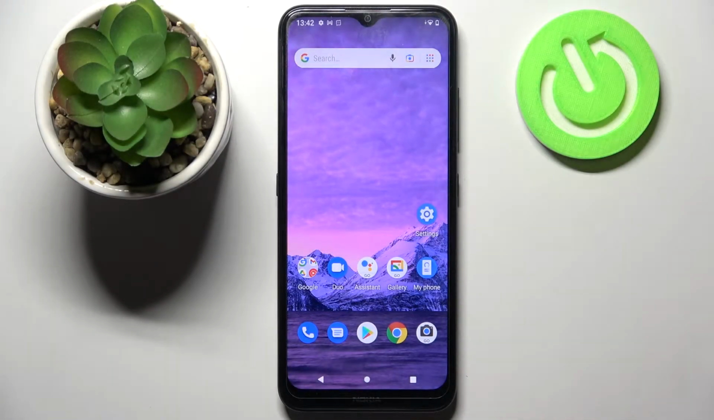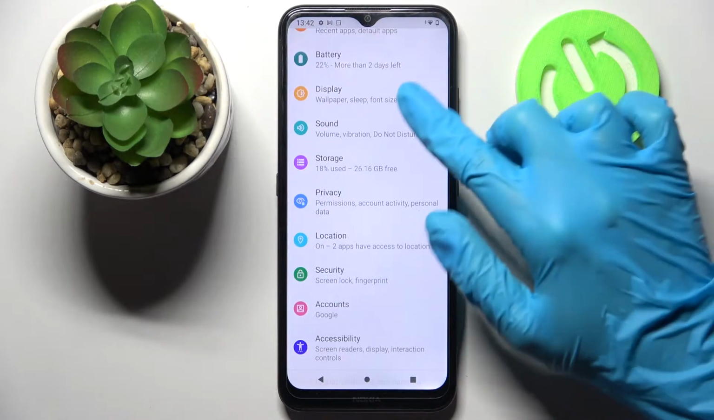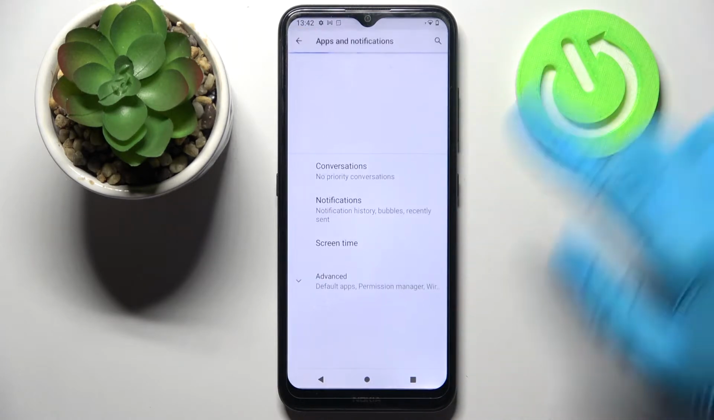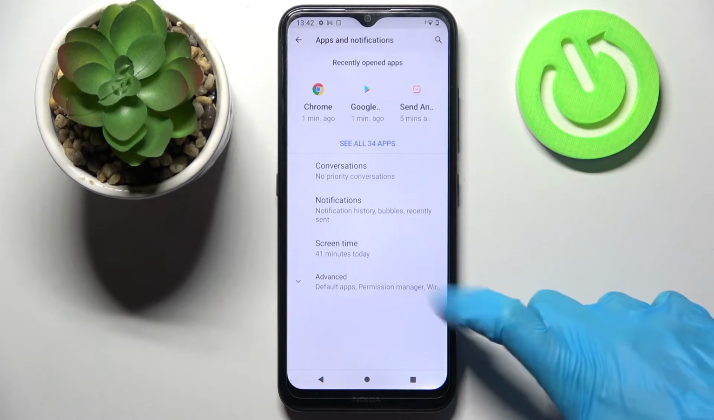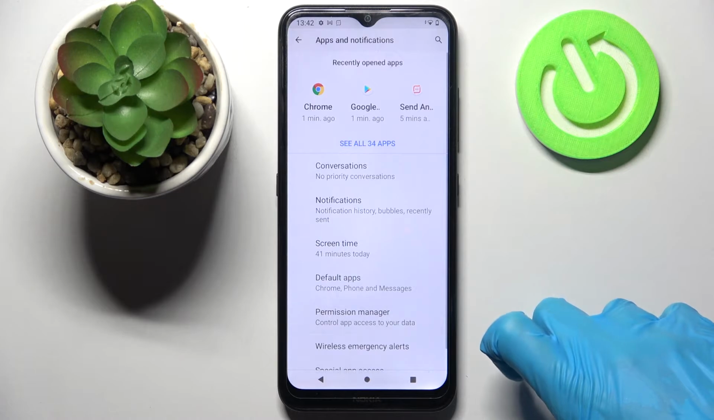Hi! In front of me is Nokia 1.4 and today I would like to show you how you can change apps permissions on this smartphone. Start by opening settings and choosing apps and notifications. Over here click on advanced, tap on permission manager